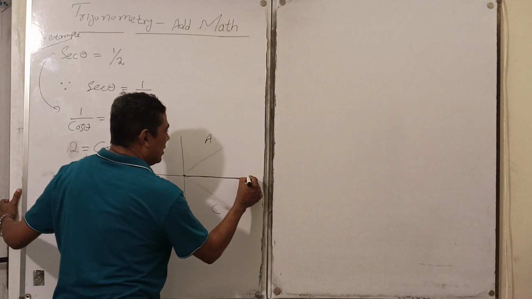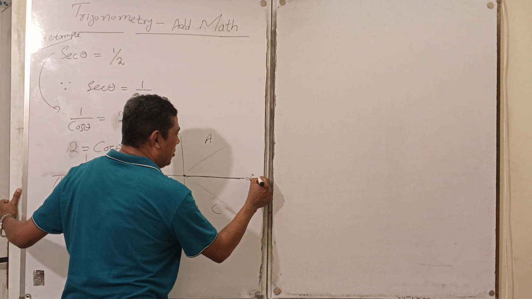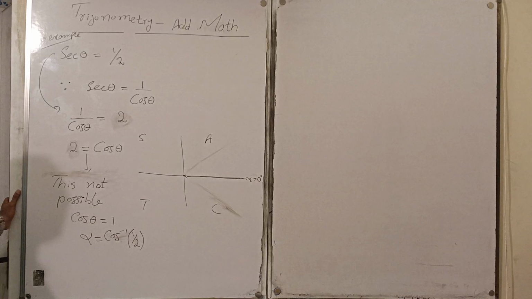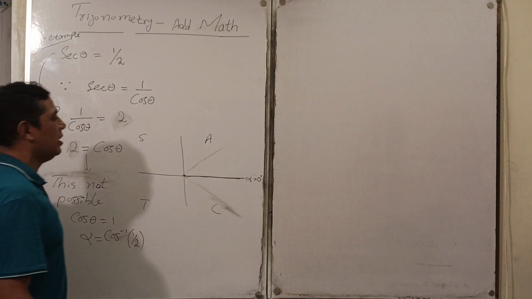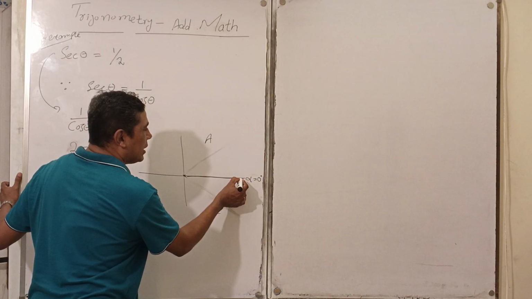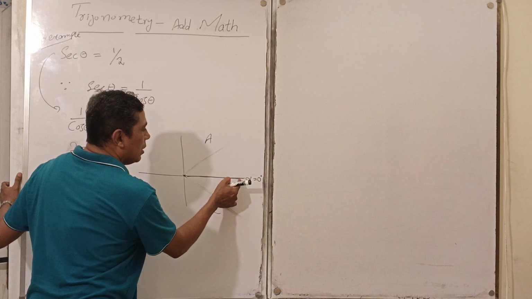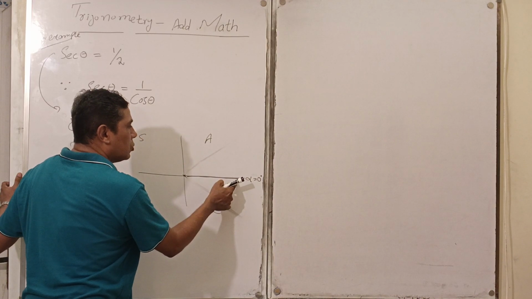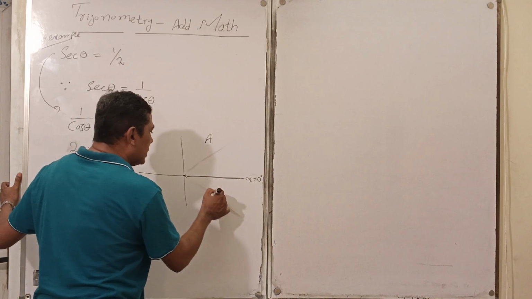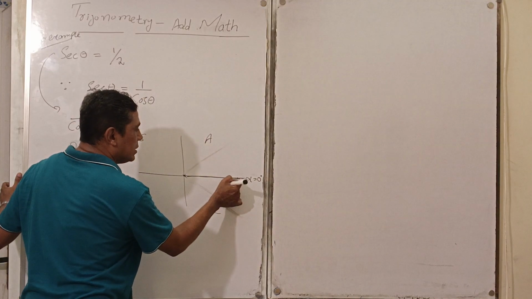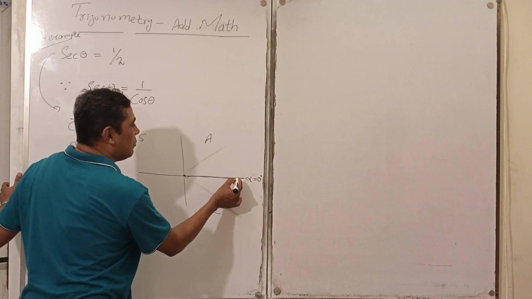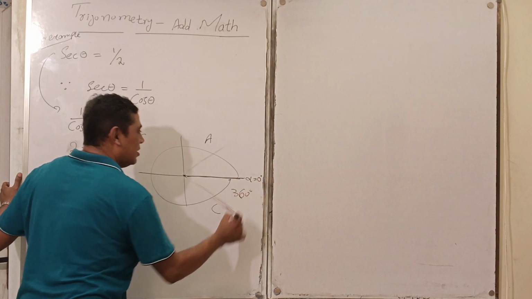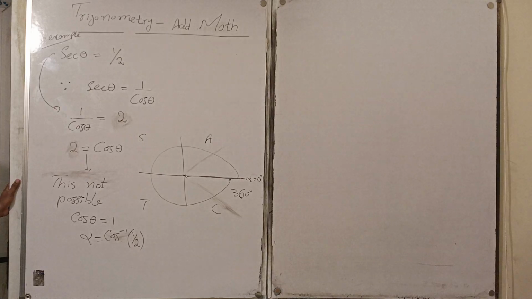So what about this one? What will theta be? Alpha equal to 0 degrees. What about the theta? In both conditions you cannot define it, because theta is the distance from the x-axis towards the graph. So in this condition the theta is 0. And the next value of theta is what? 360 degrees.